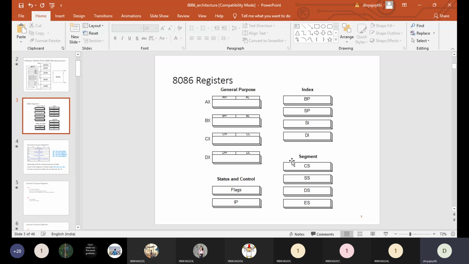Next, stack segment. Stack segment contains the stack data. What is stack data? When the processor is performing a program execution, there will be some intermediate result, and that result can be important for the processor after some time. That important intermediate data, we call it stack data.